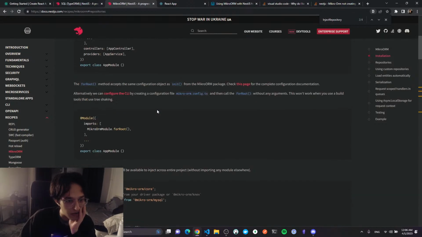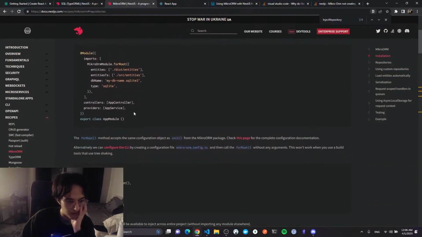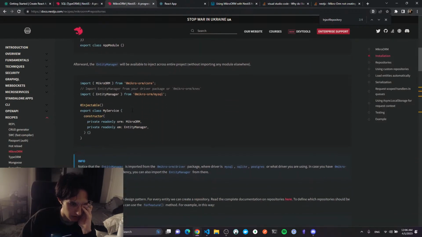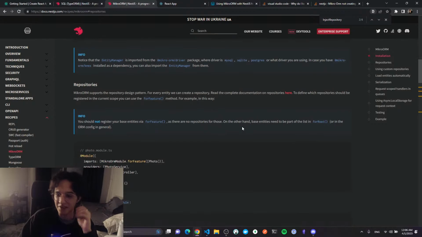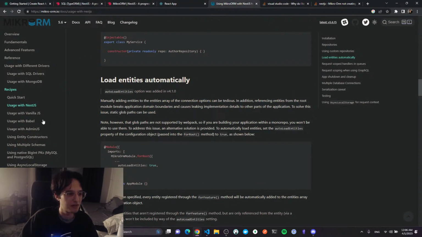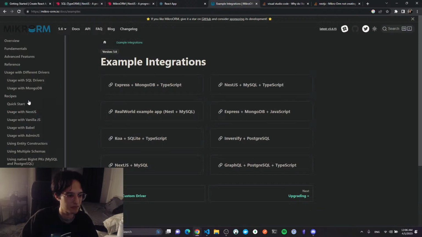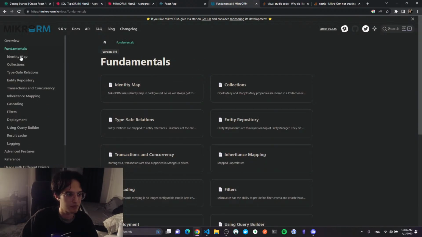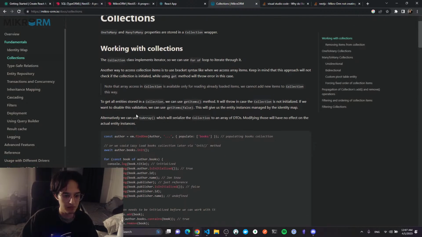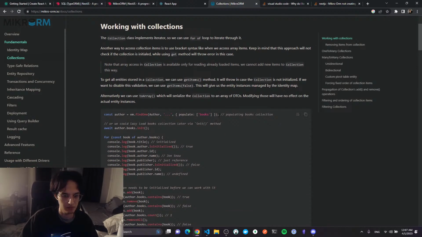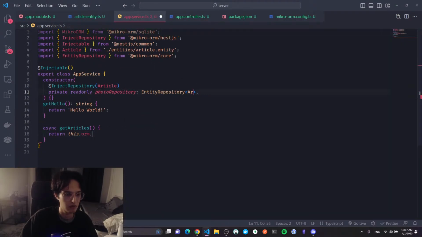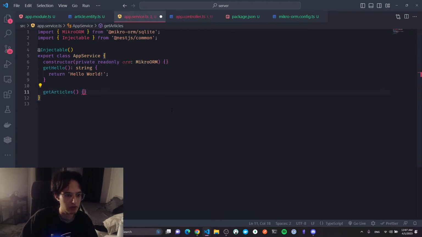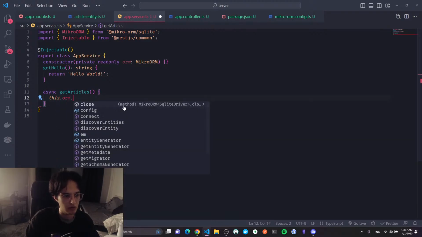I actually can't remember anything about this framework, man. But I'm doing something wrong with the repository. I think I need to define it. I don't think it works like that. Maybe I should stick with the RM. Okay, maybe we'll do this. Let's remove all of these weird things. This dot rm dot